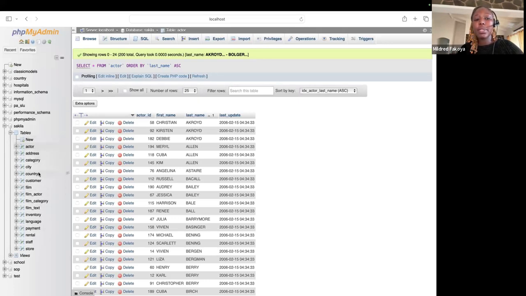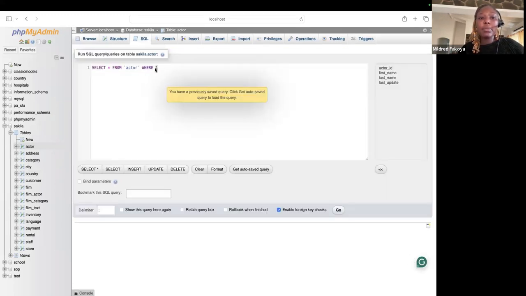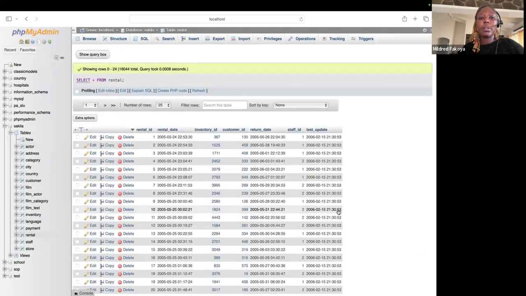So we have all of these tables, and each table has different information in it. We want to look at how to select data from a table. We use the select query like this. So the select statement, we use select. You can say all using an asterisk. Asterisk indicates all. And then we use from, and then the name of the table that we're selecting from. Let's say we want to select all from, let's say rental, for instance. Select all from rental. And then we click on go. So select all from rental, and then we get all the information, all the columns and the rows from the